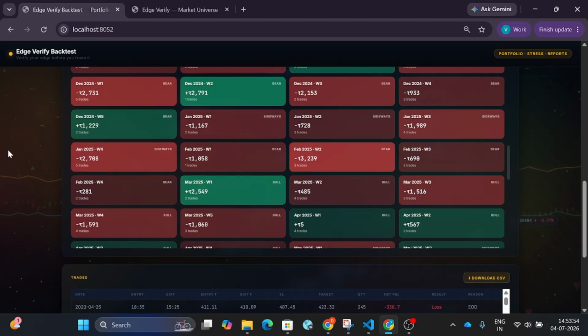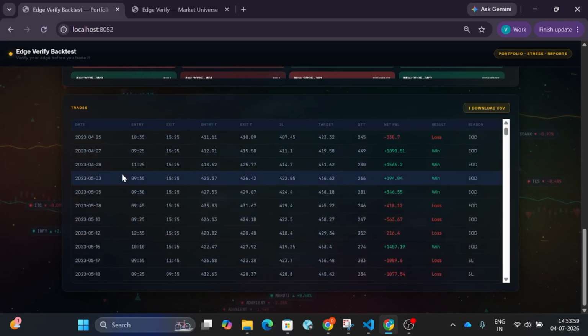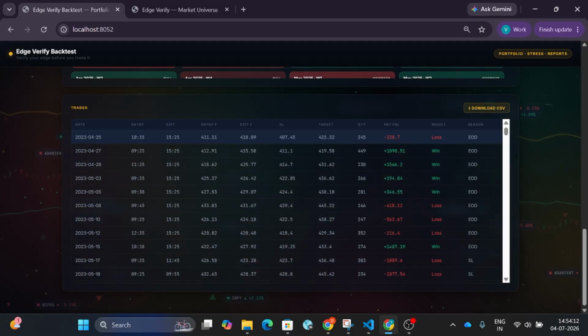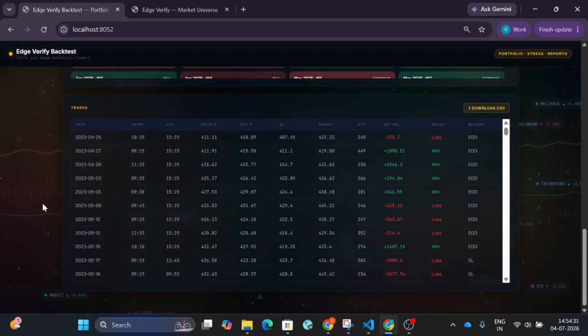At the end you can see a table. In that table, day by day, all the data is added, like at which time the strategy entered, at which price it entered, what the stop loss was, what the target was, what the quantity was, what the net loss or net profit was, the status of whether the trade was in loss or profit, and the reason, like it hit the stop loss, it hit the target, or it got the EOD exit. So at 3:15 it exited, because it didn't hit the stop loss or the target that day.